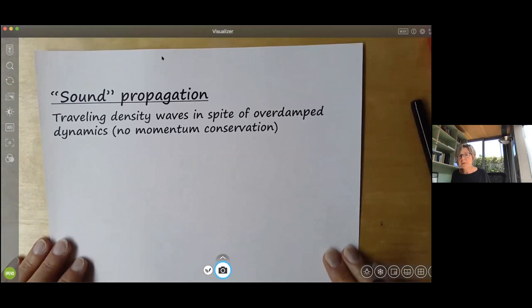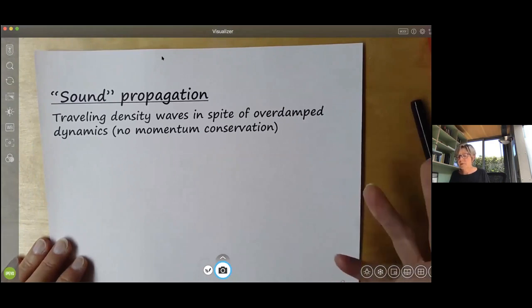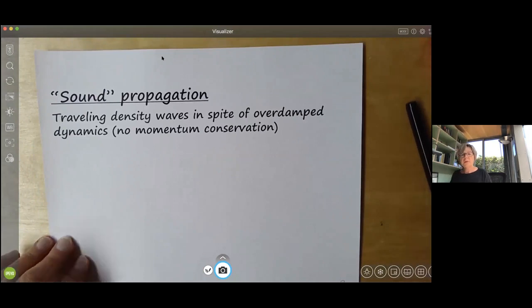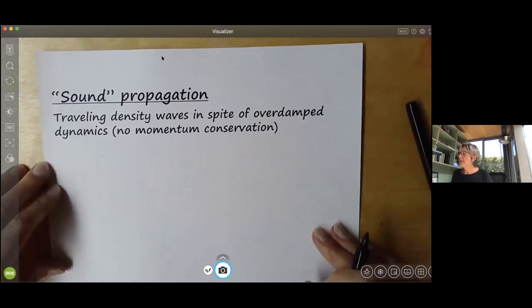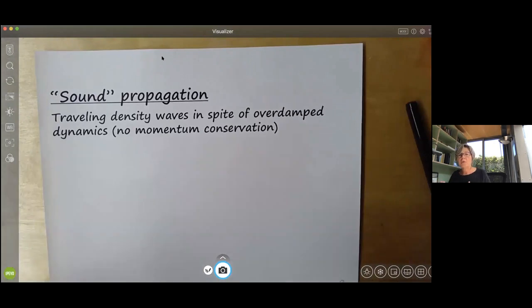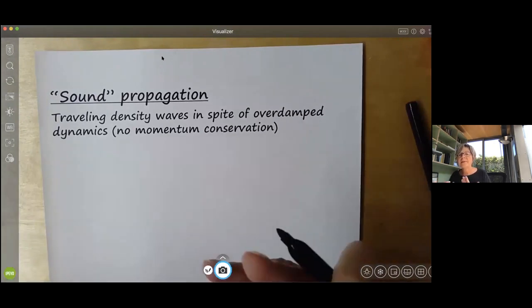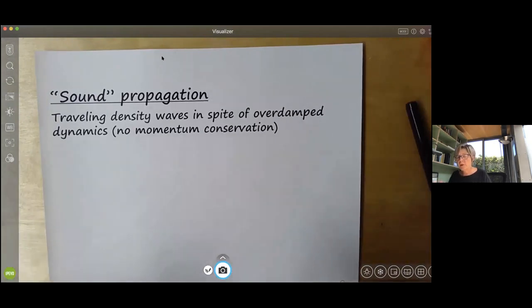But first of all, these are systems, remember there was a nonlinear friction, so the momentum is not conserved. These are highly overdamped systems. And the presence of traveling waves in a highly overdamped system is surprising. In a fluid, sound waves arise from the competition of elasticity and inertia, the retardation between the two, essentially, and they arise because of momentum conservation. But in these